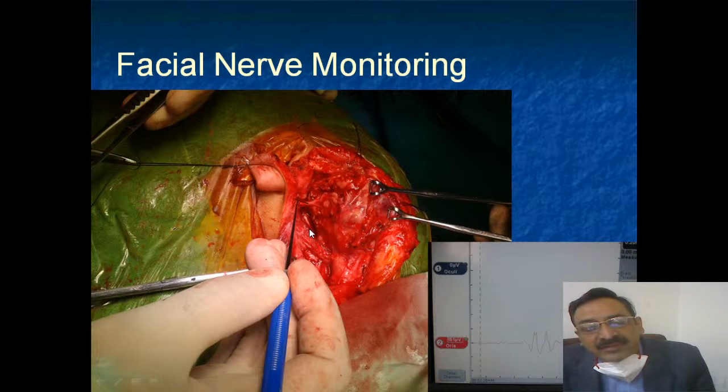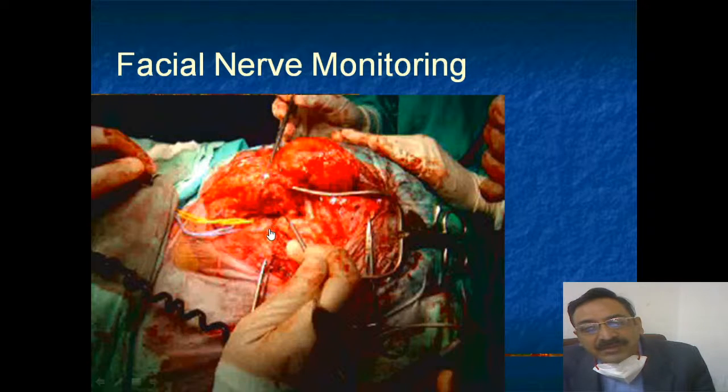So using a facial nerve monitor can help you to prevent facial nerve injury, and more importantly, especially when you're working in deep lobe tumors, to warn you as to how much of the retraction is safely undertaken while you're removing a tumor. So this is how it tends to work. You stimulate the nerve and it